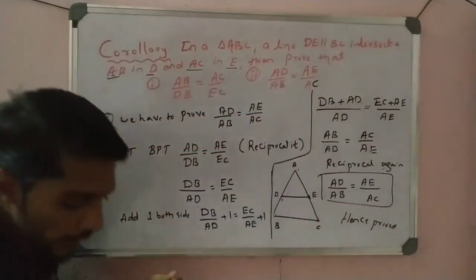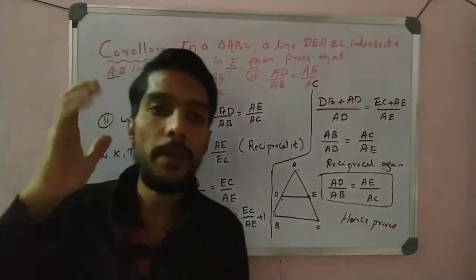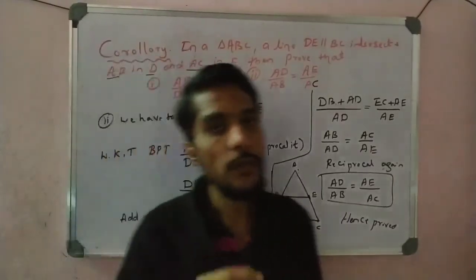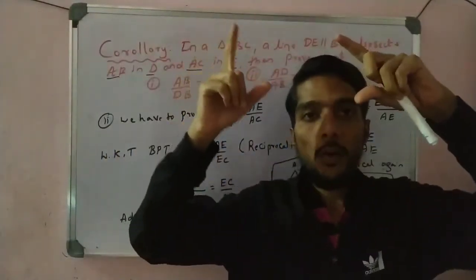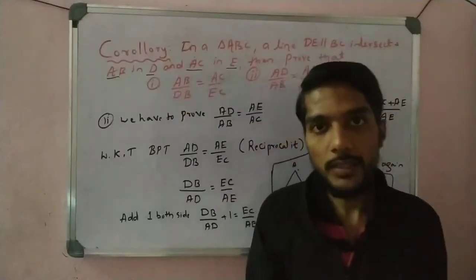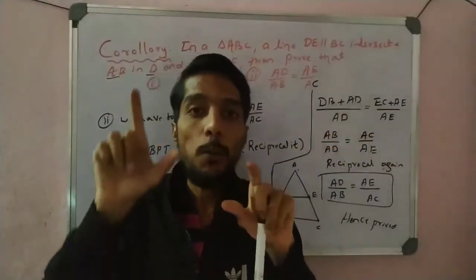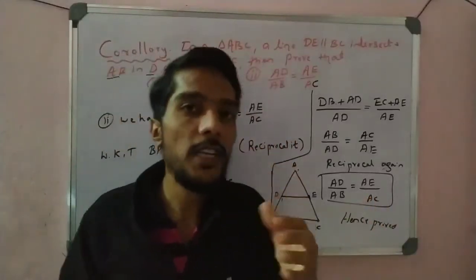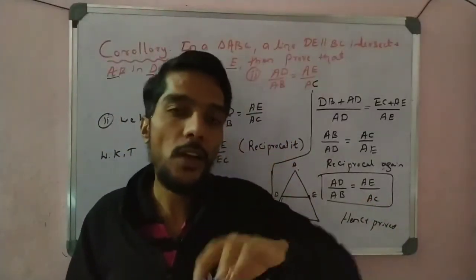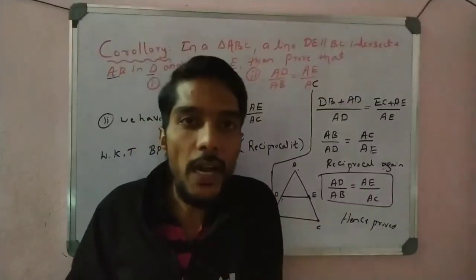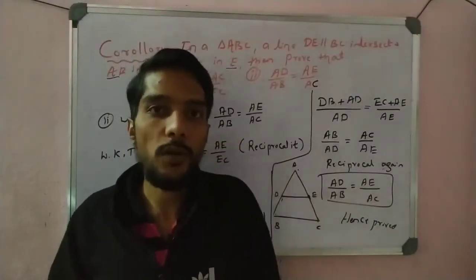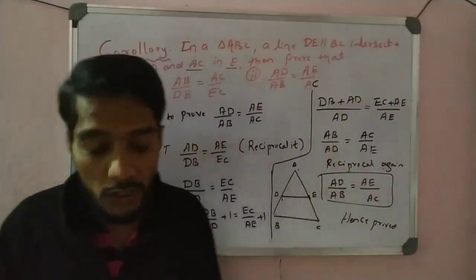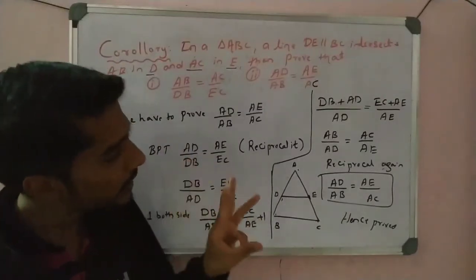So this is, students, a very important result based on the BPT theorem. In the first result we directly added, so it is whole side divided by bottom side, one condition, and the second result is top side divided by whole. So in the first case we add 1 directly, but in the second case we add 1, solve, and then make the reciprocal. Okay, we get the final result. So these are 3 results of BPT.